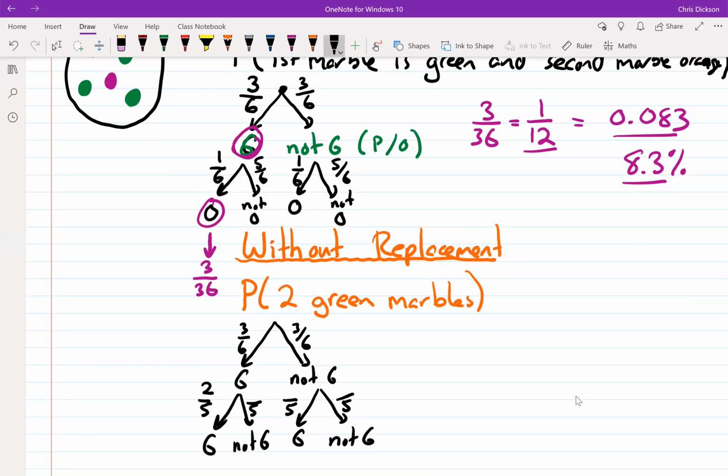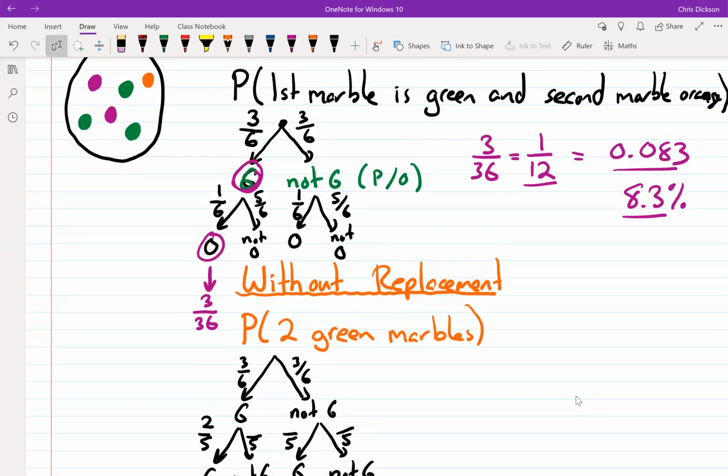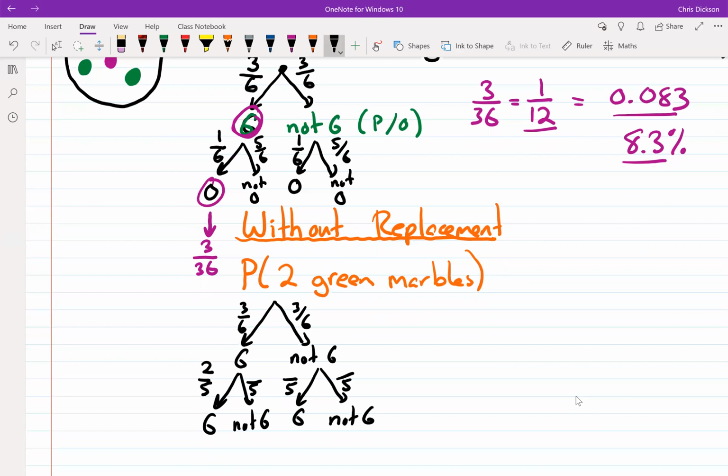And if you had pulled a green out, there would actually be 3 other marbles that are not green. That'd be 2 purples and an orange. So this would be 3 out of 5. Now, although I don't need to do the other branch for this specific question, I'm going to do it anyway because when you're in higher grades, you might get a question like, what's the chance the second marble is green? And so we'll talk about just the tree, how that looks.